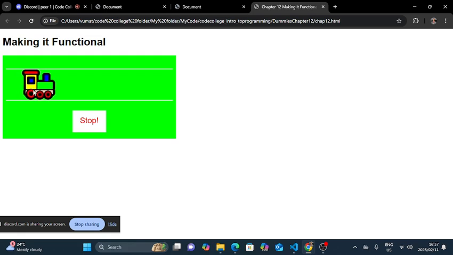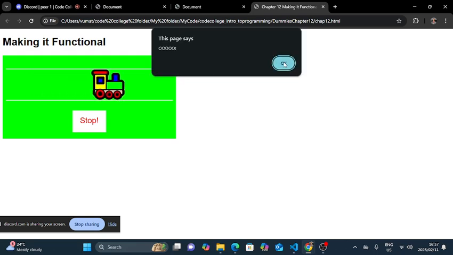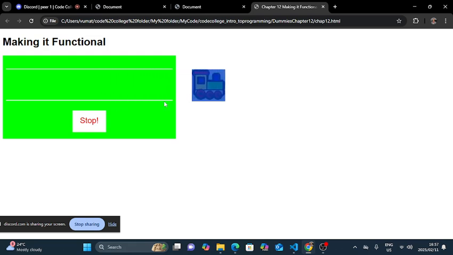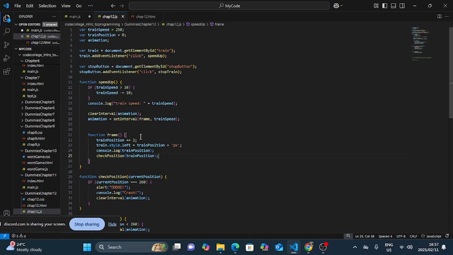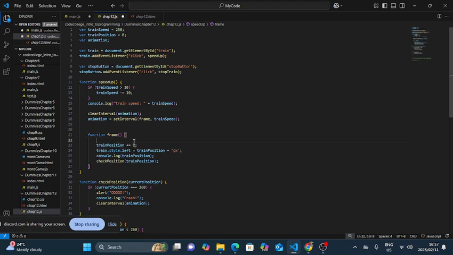Yeah. The problem with this was the train continued off the track and just doesn't stop, essentially. But the problem we fixed over here was that we added an if statement. So I added an if statement